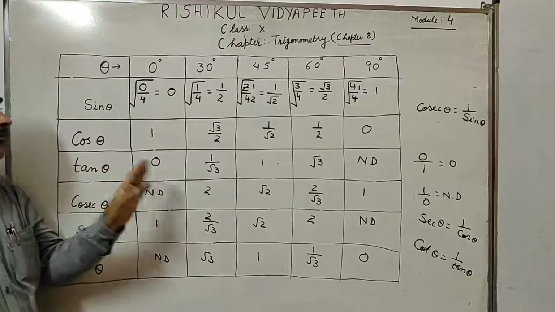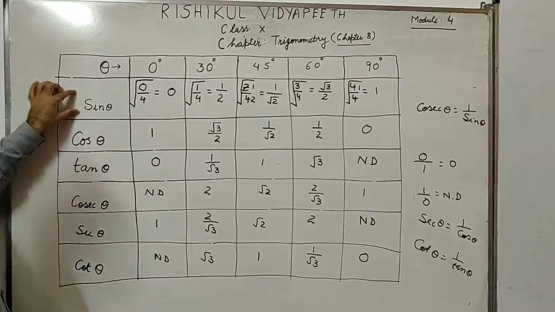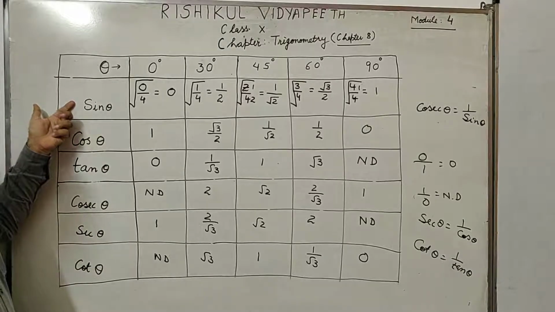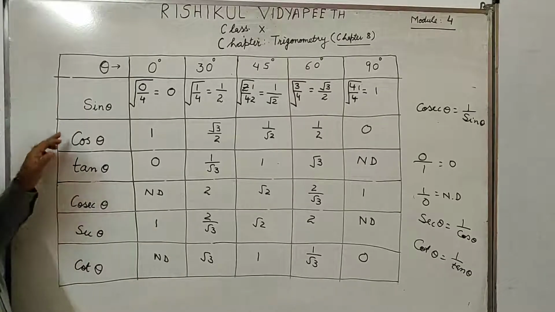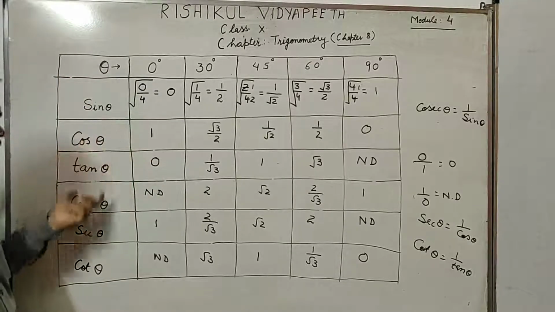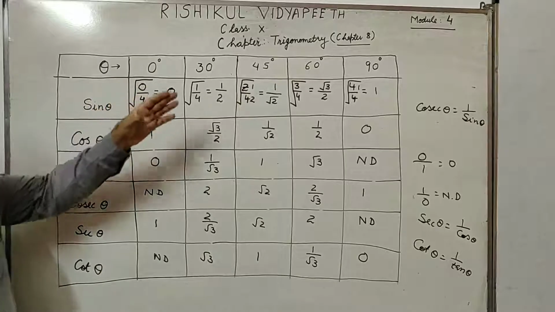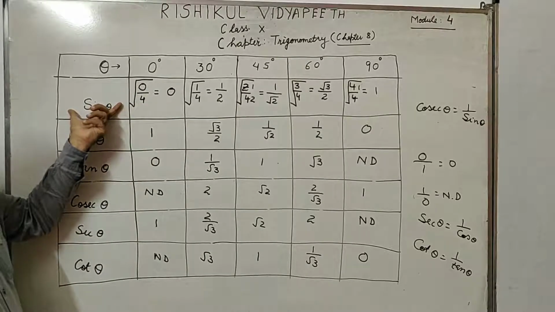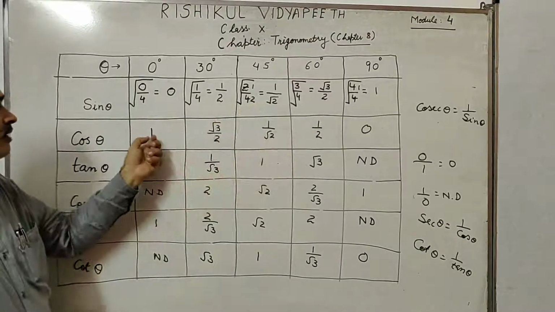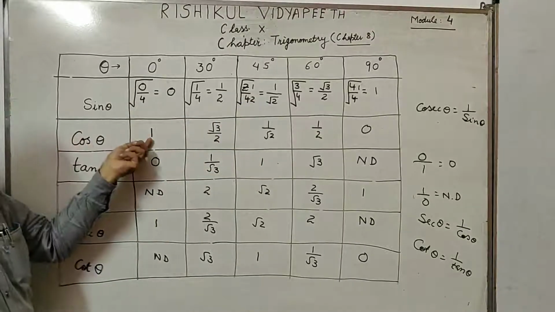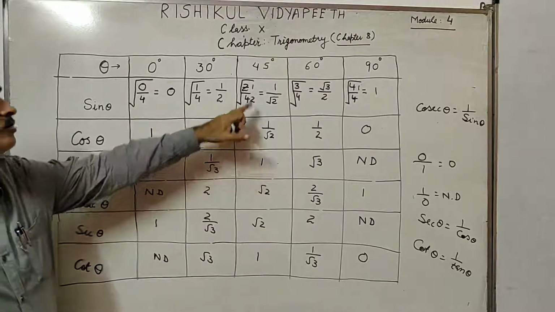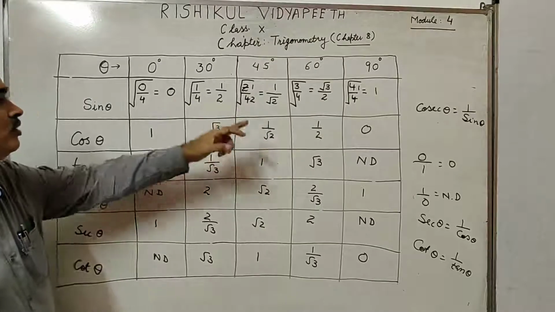My dear students, you have seen here, if we are able to find only one value of sine theta, then we are able to get all the values of these t ratios at these angles. So here I told you how to get the sine theta. Then cos you can write from the back side here, because complementary angles are equal. This you can write 1, root 3 by 2, 1 by root 2, 1 by 2 and 0.